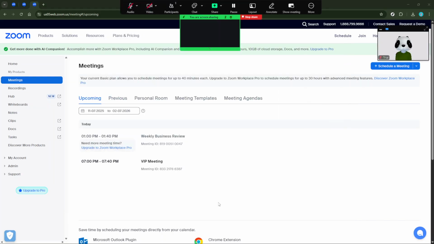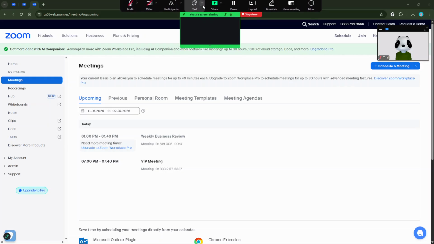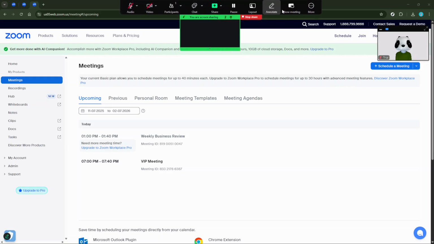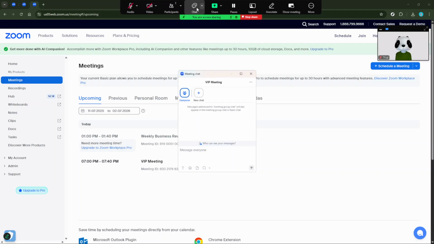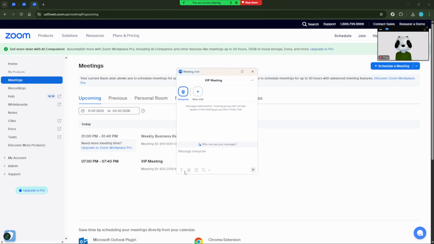Now, let's talk about sharing files via the chat during a meeting. This feature is especially useful when you need to distribute documents for collaborative editing or extra resources. To do this, look again at the bottom of the Zoom meeting window for the chat icon and click it. Once the chat window is open, find and click on the file icon that appears as a paperclip within the chat. This action will bring up a menu of storage location options such as your computer, Google Drive, or OneDrive.